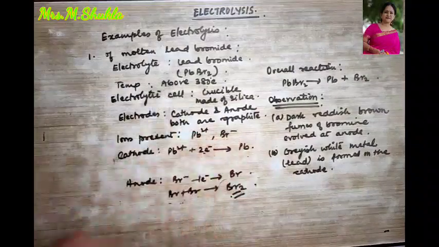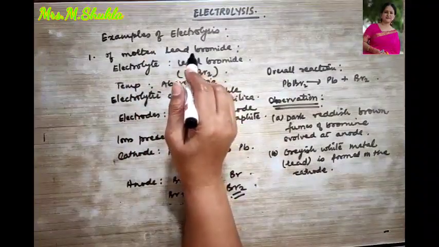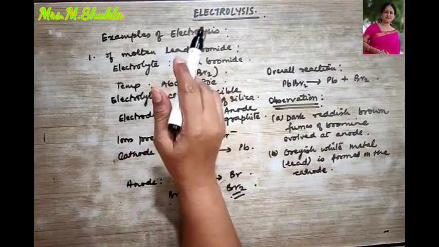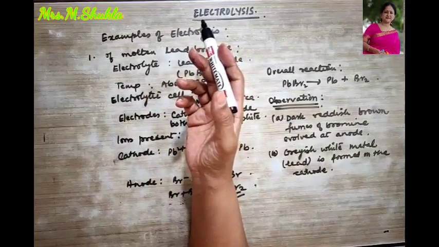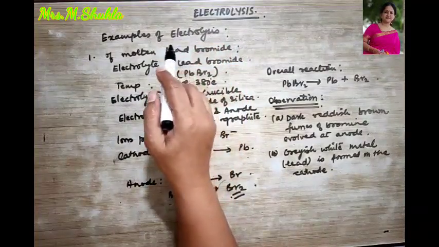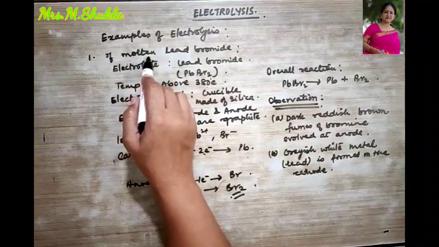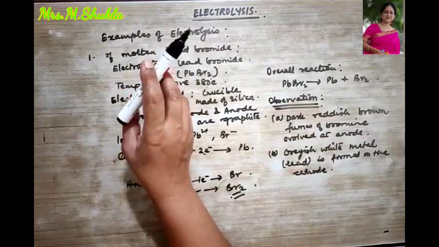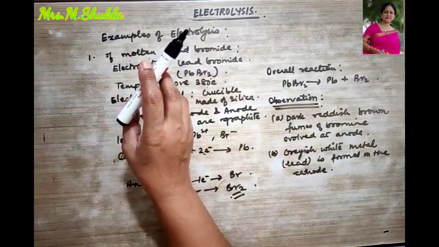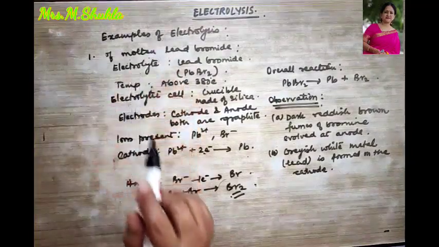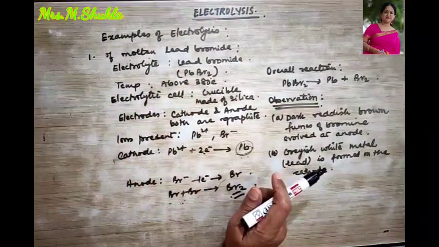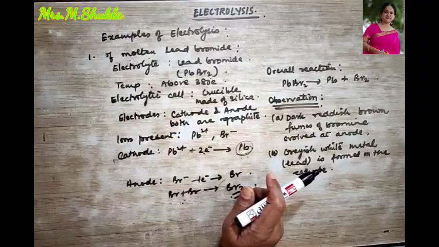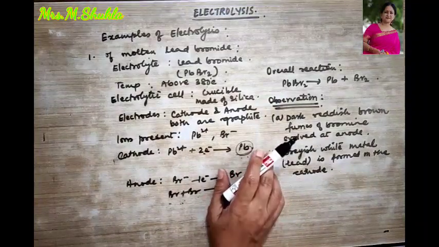Next, the solid lead bromide. It is a non-conductor of electric current. Why? Because it is in its solid state, right? Since there are no free ions present, the ions are tightly packed. So when they are heated, that means in the molten state, the crucible is heated from outside to keep the lead bromide in the molten state, and hence the grayish white precipitate is obtained over here. The ions become free in the fused or molten state.